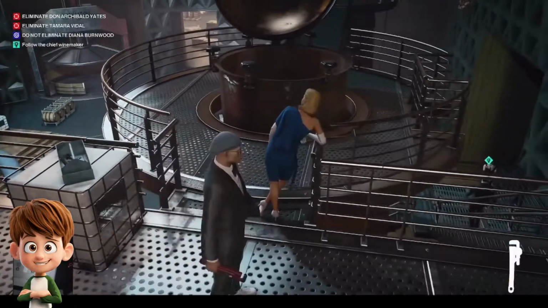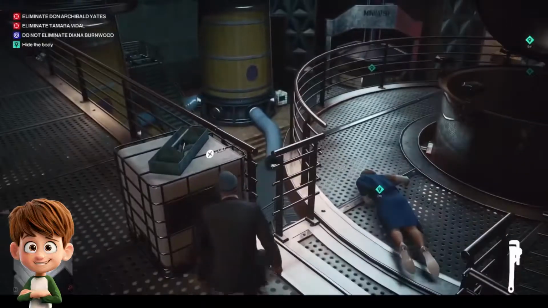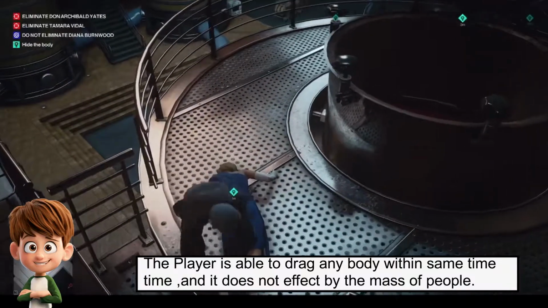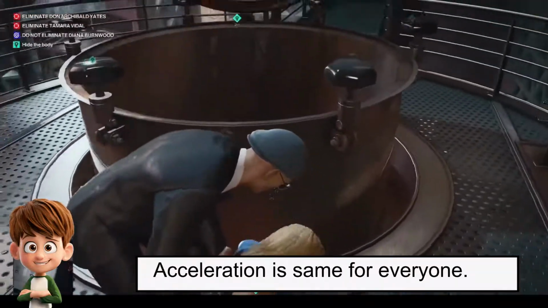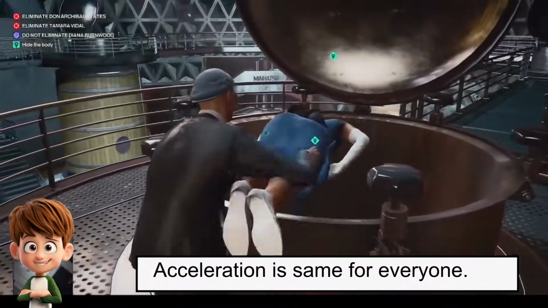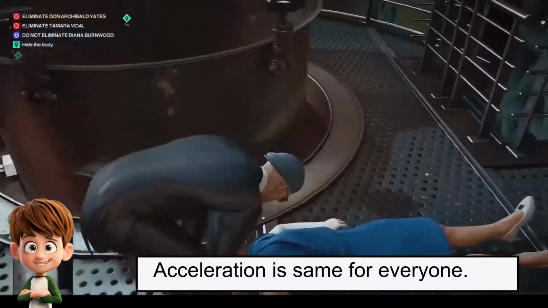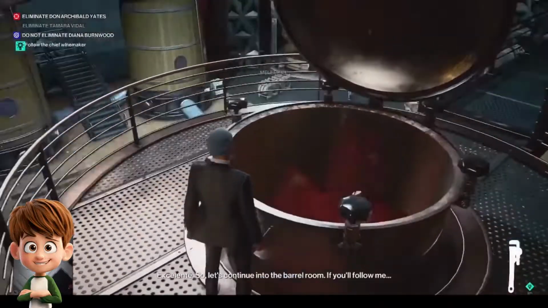So let's understand the concept of acceleration with the help of the Hitman 3 game. Now here you see our player is hitting a movement. After hitting a movement, the player is not affected by its mass, it just accelerates its body as the body drags down over a period of time. Speed also increases. So the same concept we are going to apply in Unity also.